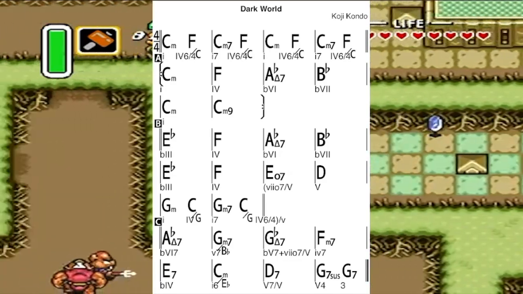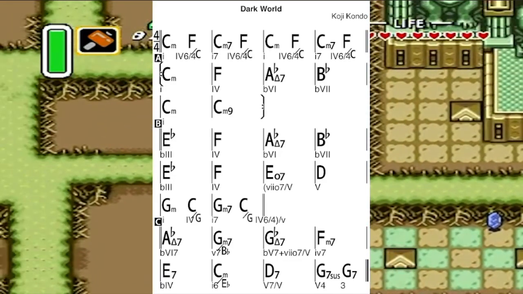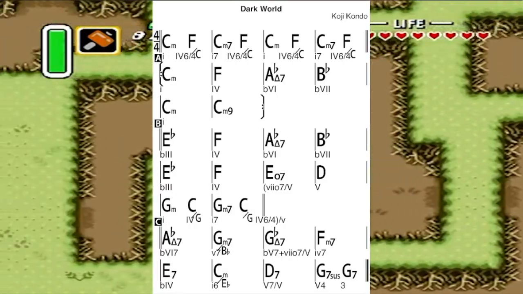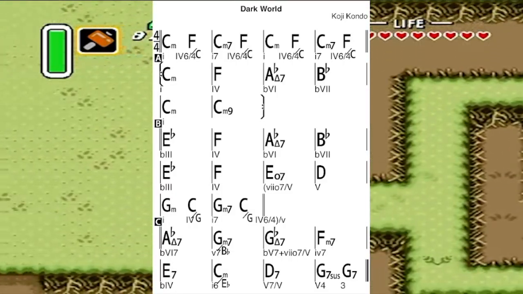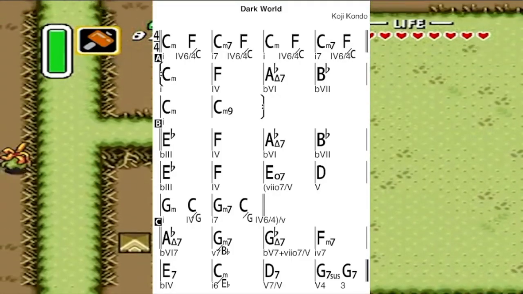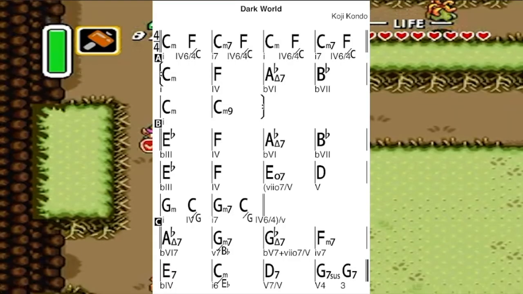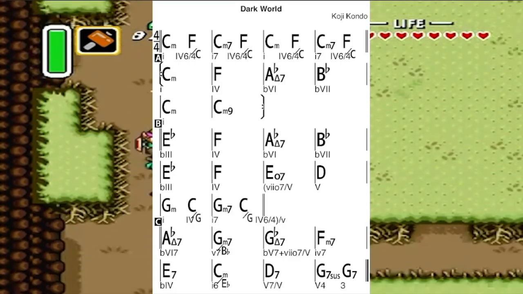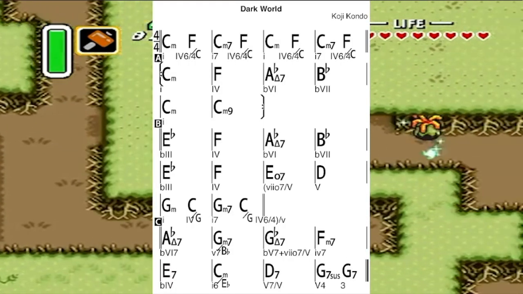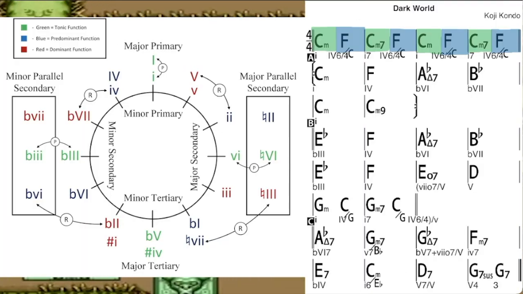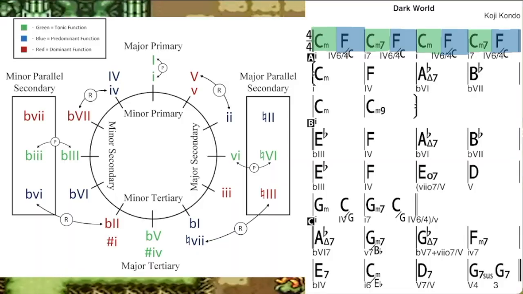The Dark World from Zelda uses a lot of interesting chord progressions and harmonic devices. And it sounds really intuitive, but that's because it's wonderful writing. It's actually a very complicated piece of music, and today we're going to go through every single harmonic device featured in the piece. So, starting out, we have the famous Dorian vamp,